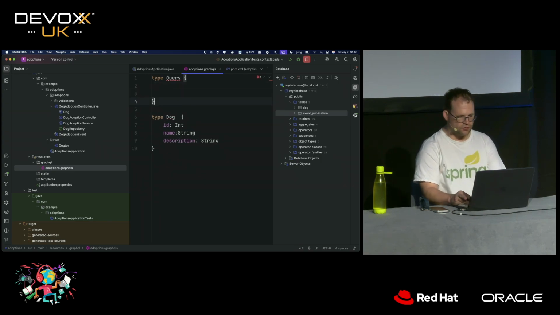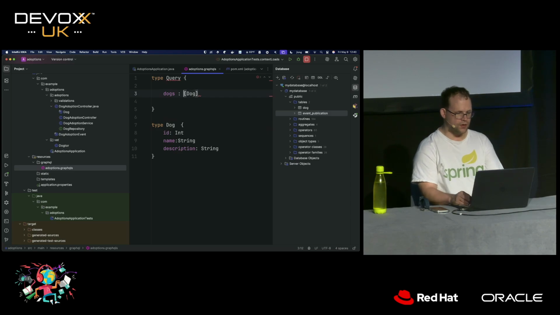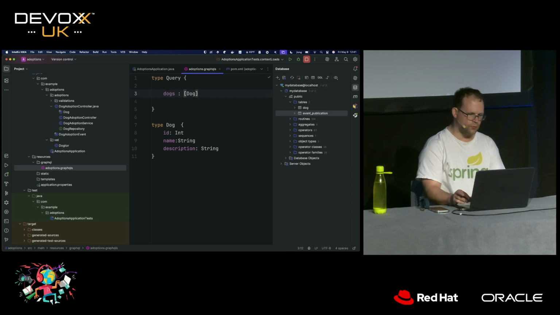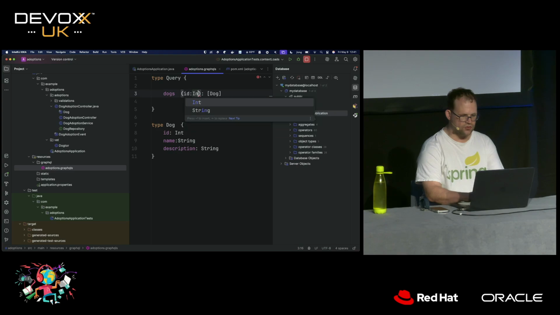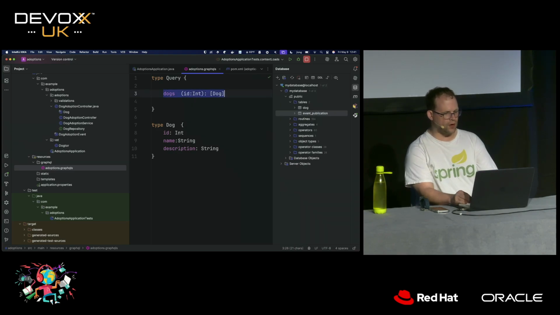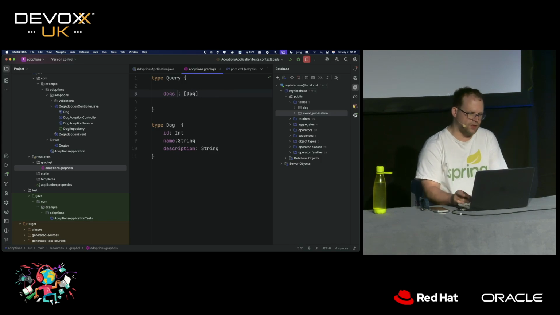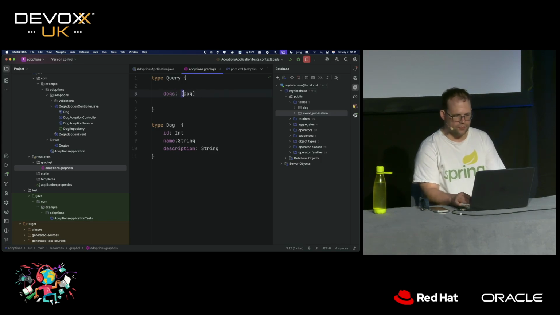And there's three different special verbs, like I said, and there's three special types that you describe in the schema. And so here's one for all the dogs, right? Notice that the name is on the left and the return type is on the right. You can actually have a parameter. You can say that this query, this attribute, this finder method, whatever, is named dogs, but it expects an ID. But in this case, it does not expect an ID. It's just going to return a collection of dogs. If I wanted a single dog, I'd do that, yeah? Okay, so I've got this.